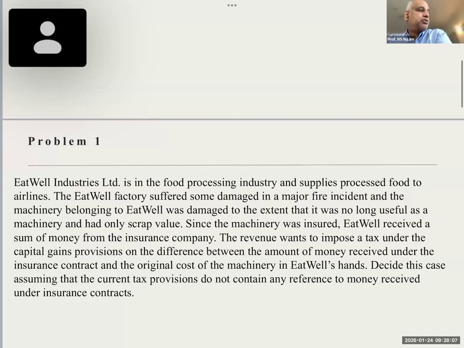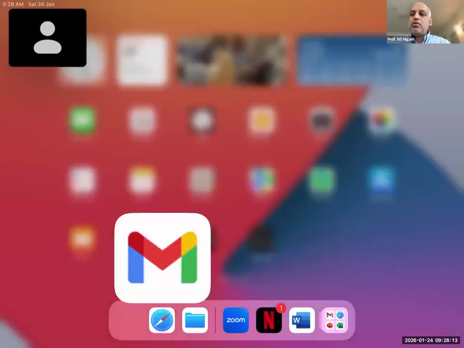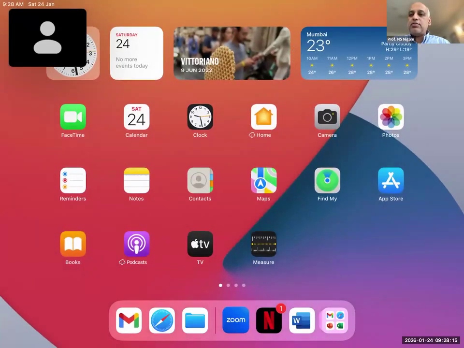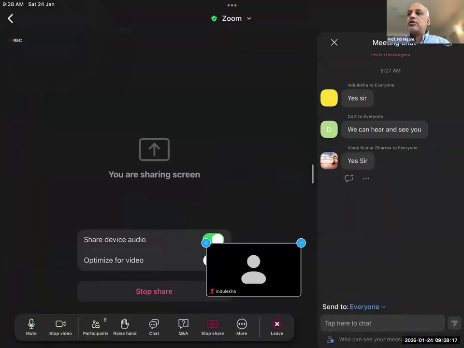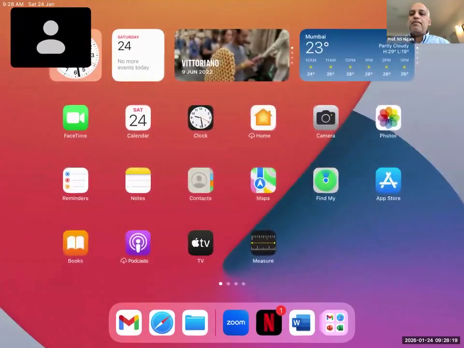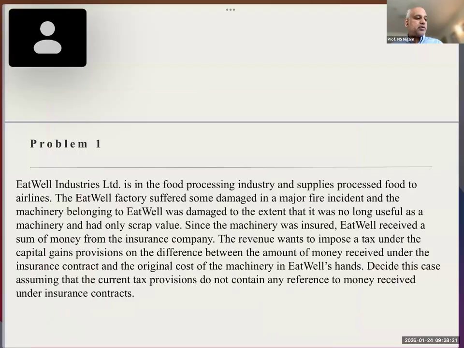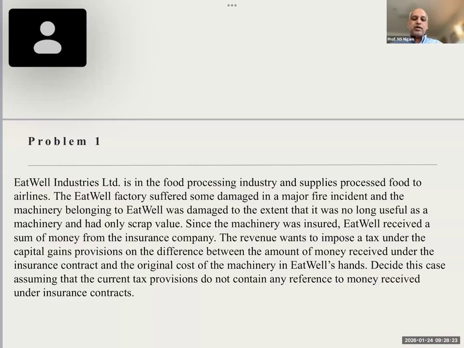I gave this problem to you to see how we understand it in the context of capital gains provisions. And we begin, as usual, by looking at the basic structure of the capital gains provision,